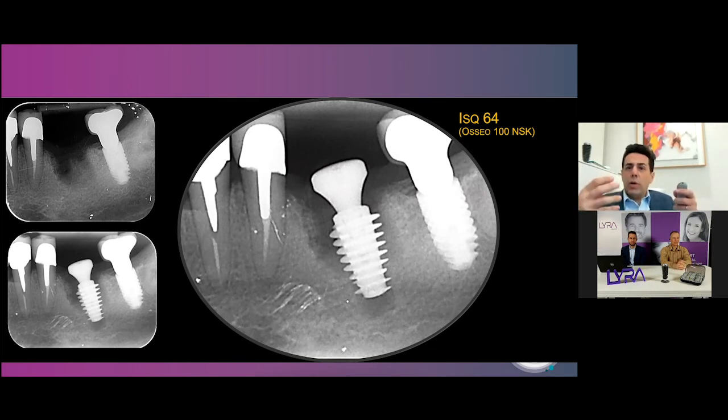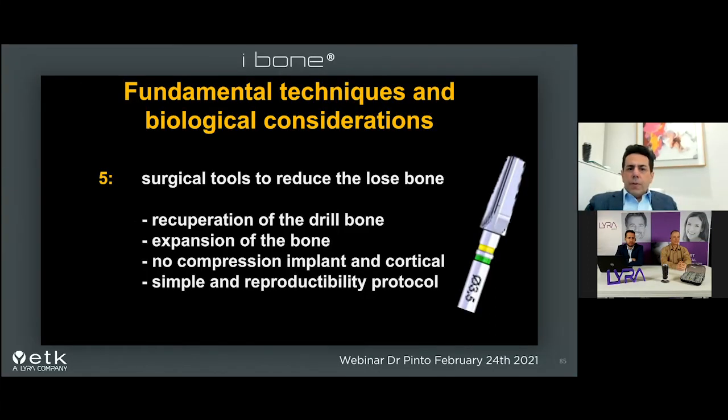It means that the bone will embrace the shape of the implant, and there is nothing better than this type of healing rather than an implant that compresses the bone. Another very important, fundamental consideration for us is to have a surgical tool to reduce the bone loss. And we will explain what kind of tools we have in the surgery box, and specifically